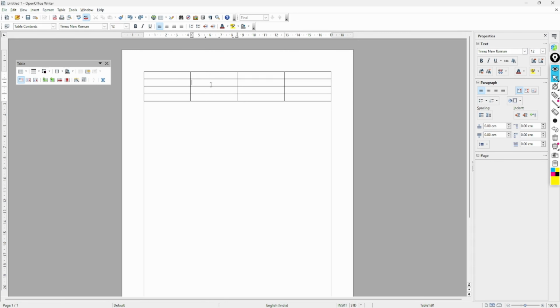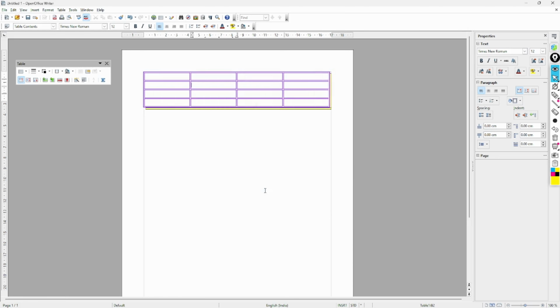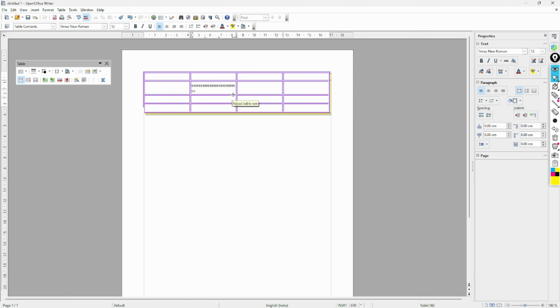I will show a simple one. Table borders, colors, I will select that border only. Color same, purple. This is shadow, yellow, and instead of this, let it be only this much, and OK. See, the font of the border changed, correct. The style of the border got changed, color also changed. This yellow is the shadow, and here is a text between our border.